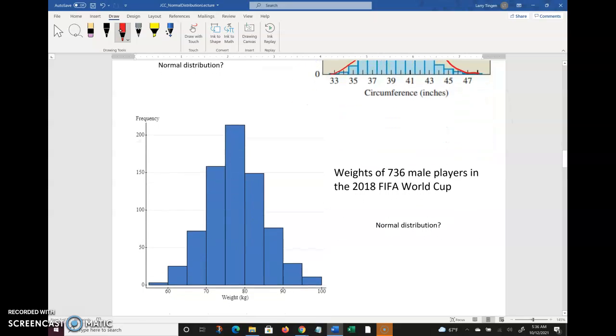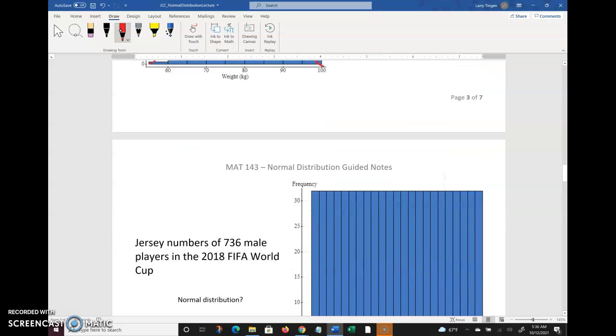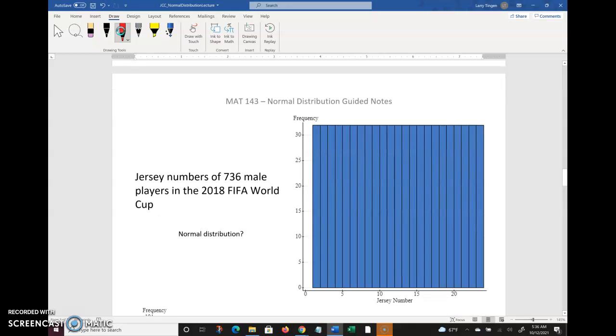How about weights of all the FIFA World Cup players? Look at this. Isn't that beautiful? Same thing. We've got that normal distribution going out there. Now, does it work with every data value of everything? No. Here's the data set that